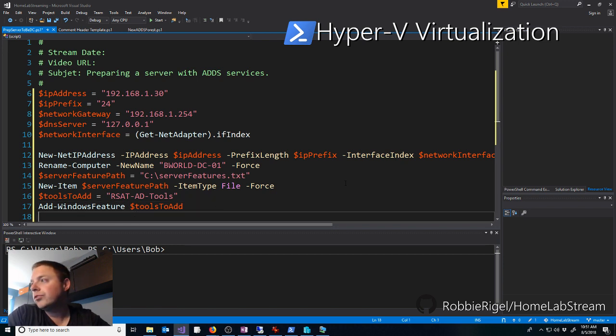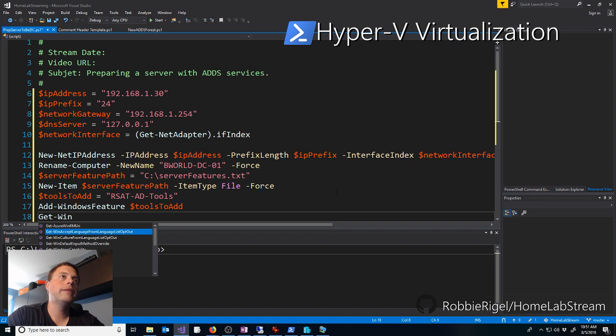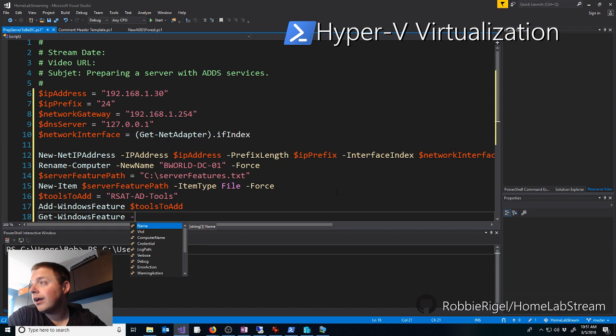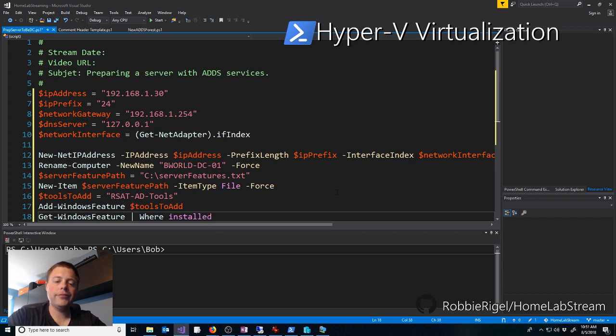And then to record our progress here, we are going to do Get-WindowsFeature. Get-WindowsFeature, and we're going to pipe in where installed, and then these little two arrows here. What do they call them, the little redirect arrows that you use in